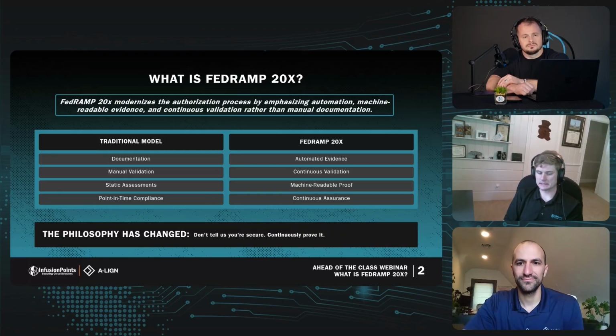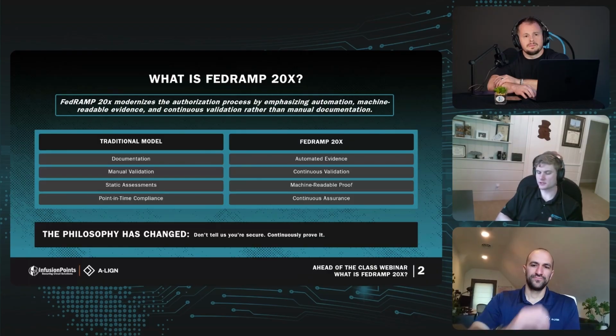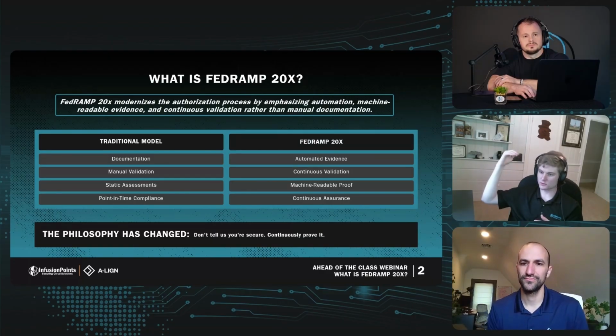But the actual requirements themselves, the KSIs have actually streamlined a lot of the NIST stuff into 60 KSIs as of the latest release, which is a lot easier to wrap your mind around as opposed to, I think, 410 was the FedRAMP High baseline last time I checked. So now it's a lot easier to wrap your mind around it from a compliance perspective because you should know your system. You should know how you're doing those 60 things in a secure manner as opposed to just trying to check the compliance checkbox. And long story short, yeah, security hasn't really changed. I think the bar is going to continue to get raised for security